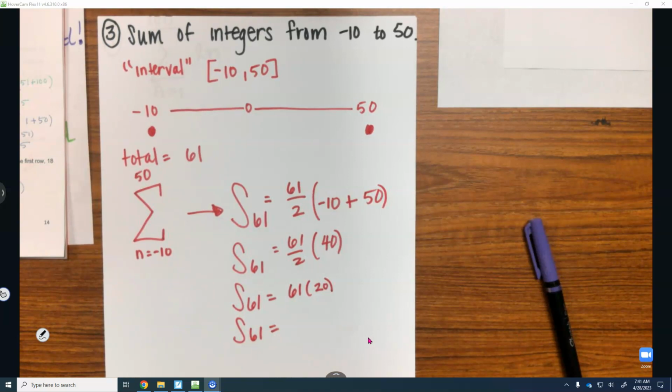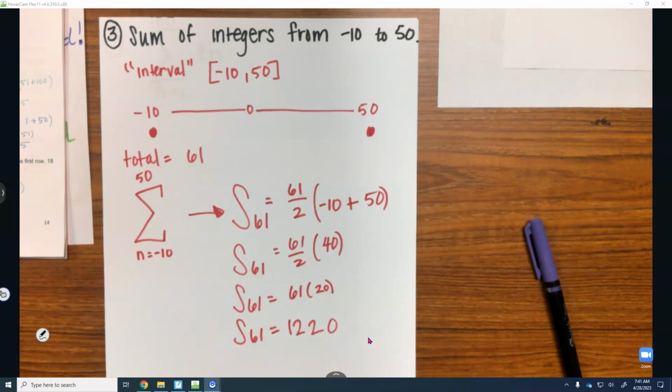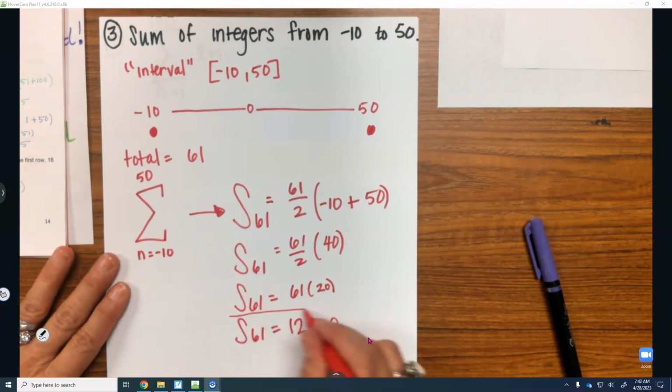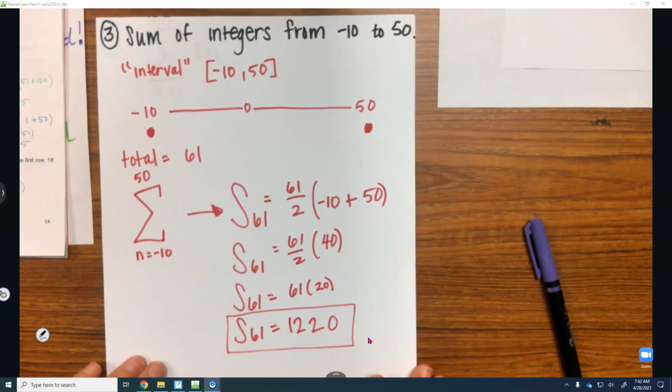122. Did you guys get this? I don't have a calculator, so I need y'all's help. Any questions? Y'all got that? Everybody got that? That's the right answer. That's the partial sum. Okay, with that being said,